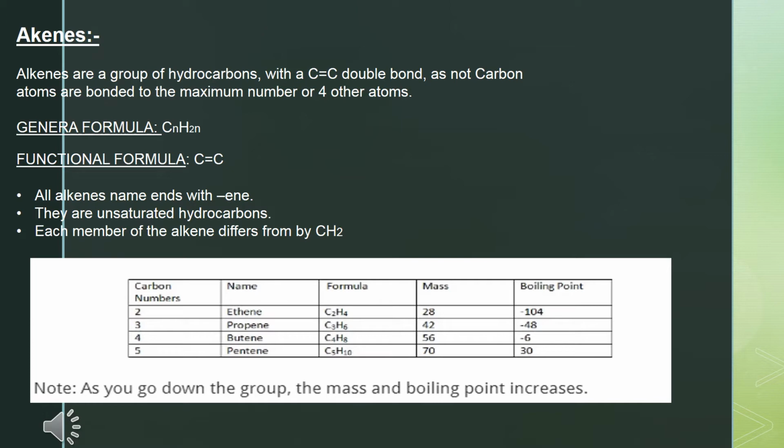For example, if we take an alkane, carbon has a maximum valency of 4, so the maximum number of atoms which can get attached to the carbon is 4. But in terms of alkenes, two hydrogen atoms can get attached to one carbon, and two hydrogen atoms can get attached to the second carbon, just to fulfill their valencies.